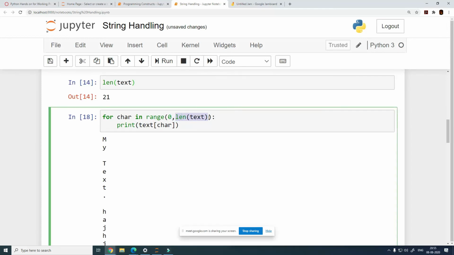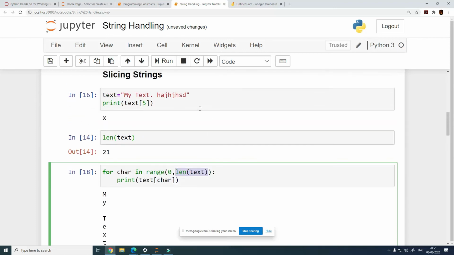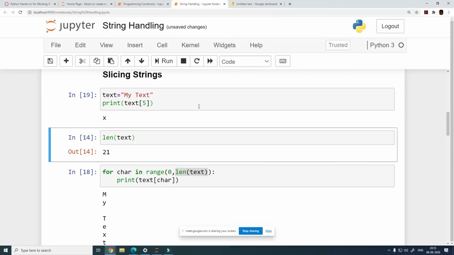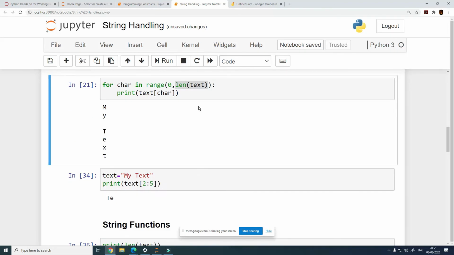Now this is going to adapt itself based on whatever the length of the text is. I'm just deleting it for now because that text in itself does not make sense. So the length is 7, and now this is printing all the corresponding values.